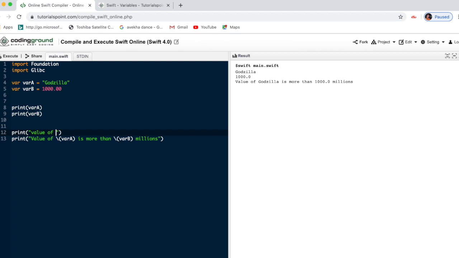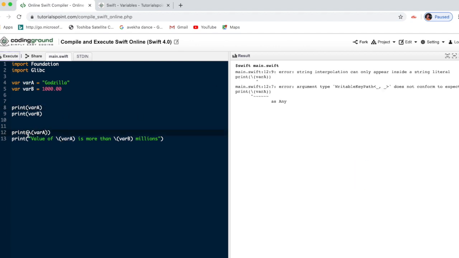One thing we need to know is that if I give it just like this, it becomes an error. So for what purpose?